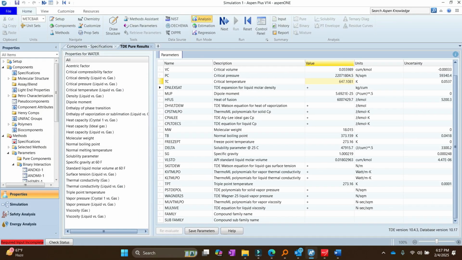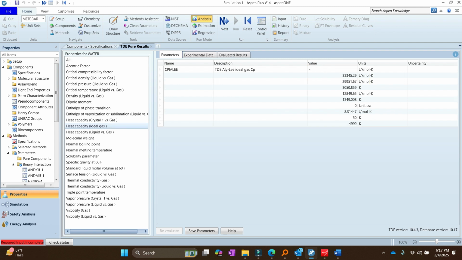Maybe you can go to heat capacity ideal gas. If water is treated as an ideal gas, then the heat capacity of water as liquid versus gas means gas is taken as a reference for the estimation of the liquid heat capacity. And similarly, above you can see it for the solid phase as well. Heat capacity crystal 1 versus gas. So gas is taken as a reference environment, and the heat capacity of solid water in the crystal form is estimated. So for the liquid phase,